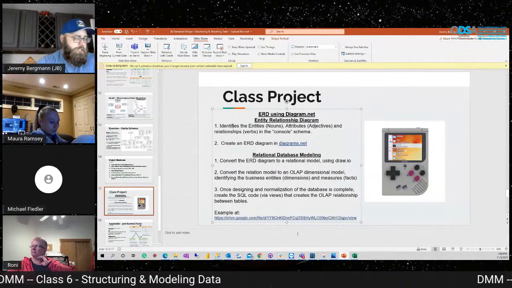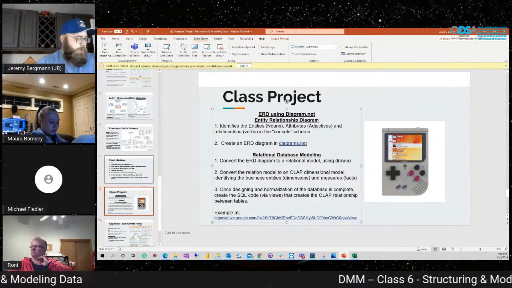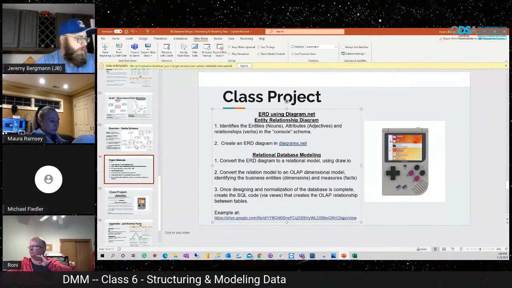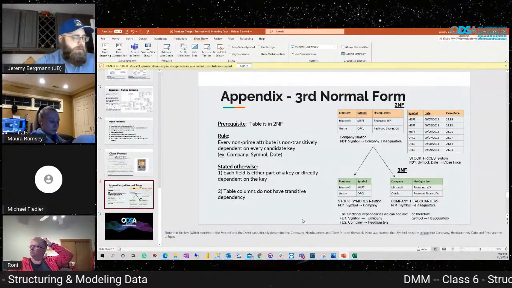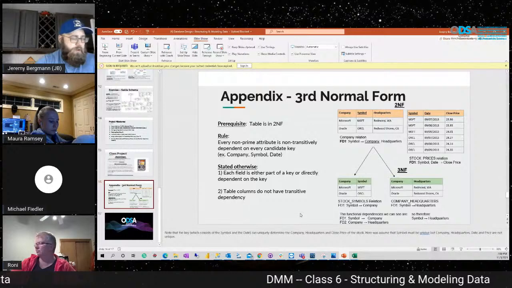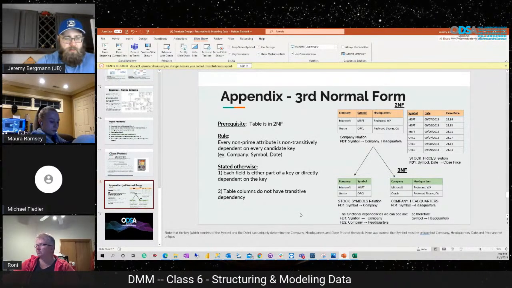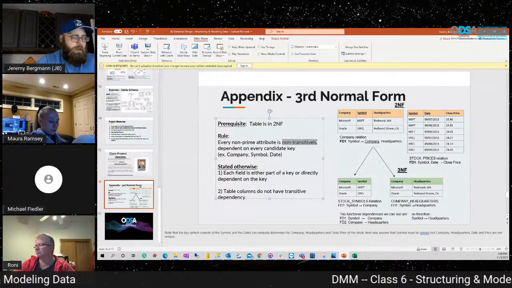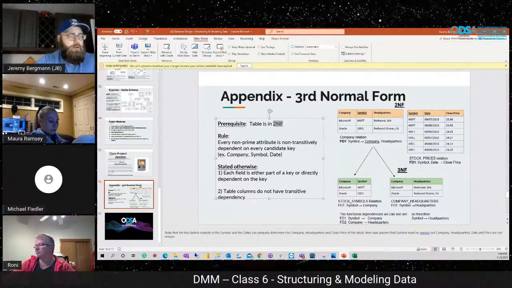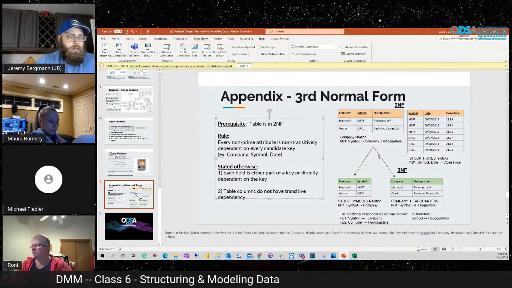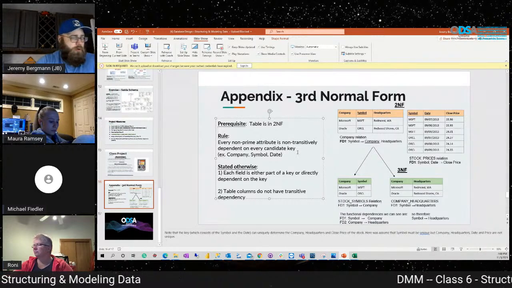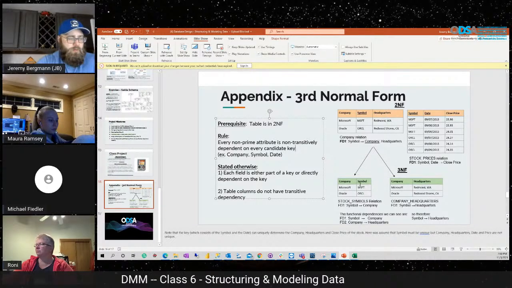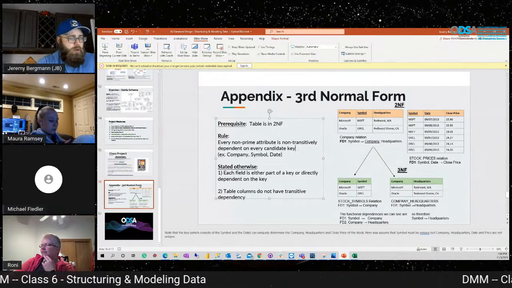And that's pretty much it for covering lecture tonight. I'll catch up more on the class project or cover some of these examples. There's a slide on third normal form if anybody is interested in that. I even have a hard time describing it a little bit, but the key is it's always like second normal form, and then it's a further breakdown of second normal form. So there are no transitive relationships between the keys and other fields. So you can actually take this table and break it down even farther